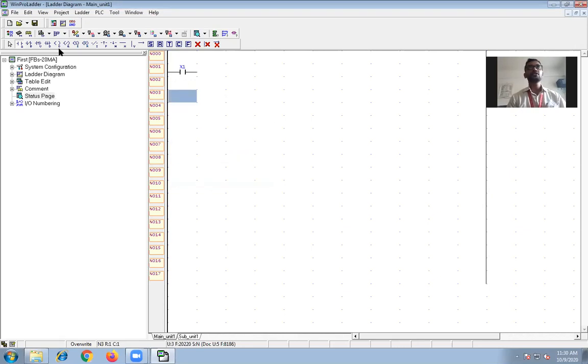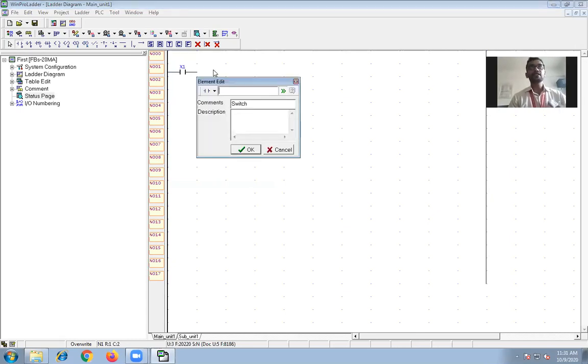so this is your X input. Whenever you have to know what this input is, when you take the arrow over X1, you can say this is a switch. And if you take another input like this here, and write X2, and add here, suppose sensor, it becomes sensor.